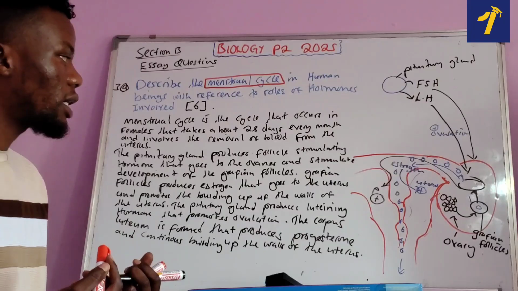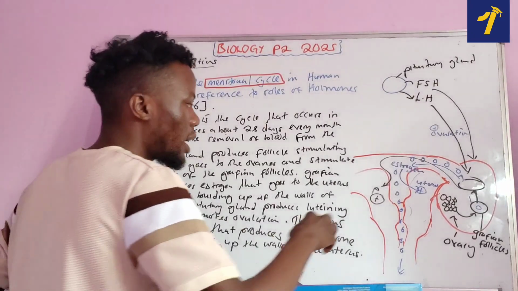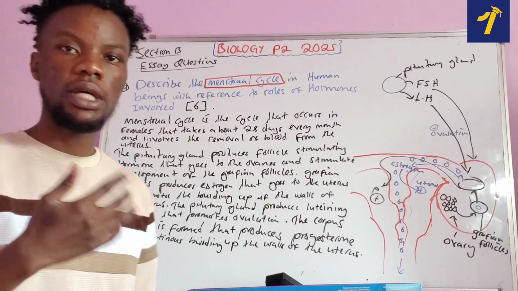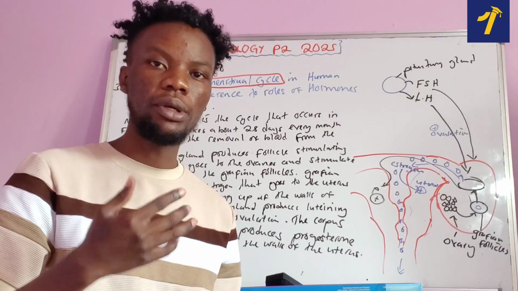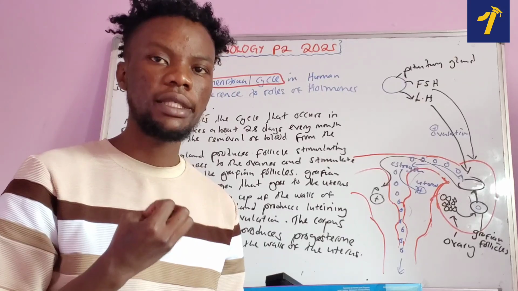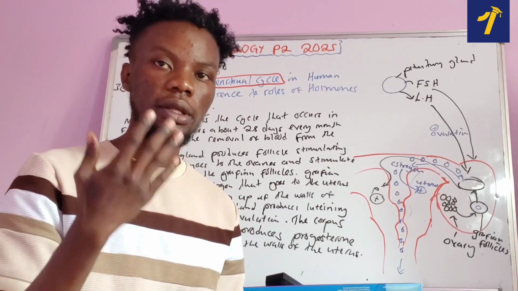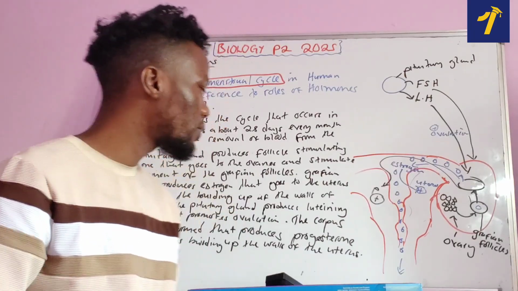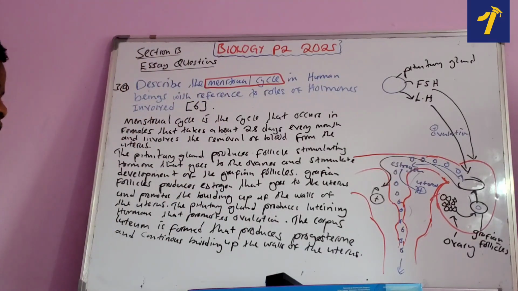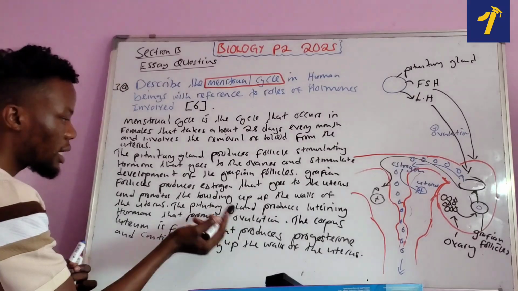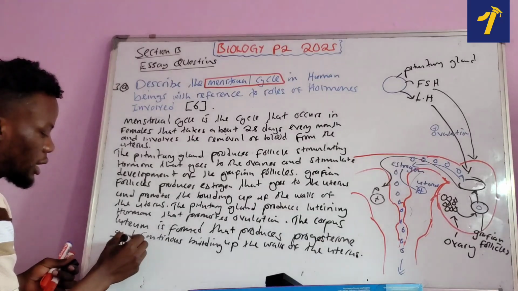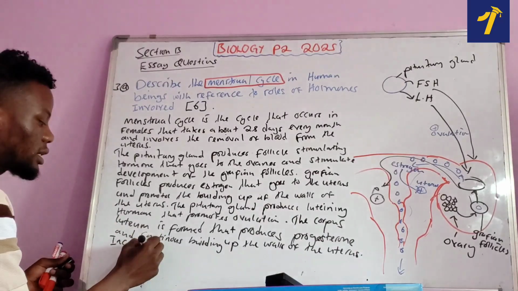If there is no fertilization that has occurred, what will start happening is that these walls of the uterus will start breaking down. Okay, they will start breaking down. Reason being because the fertilization did not occur. So the breaking down of the walls of the uterus, that's what we call menstruation. Okay, so now let us write the last important point. So what we're saying is that since everything has happened, now you talk about the fertilization. In case fertilization does not occur,